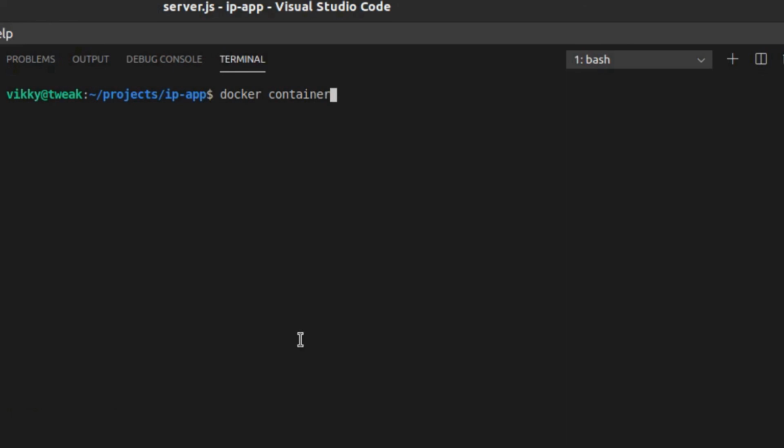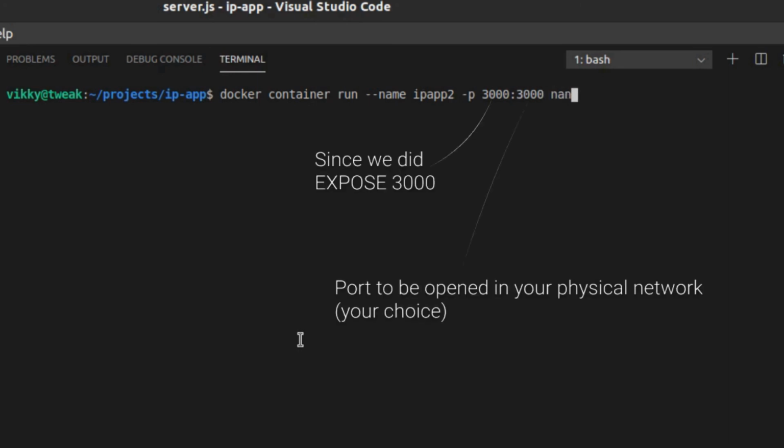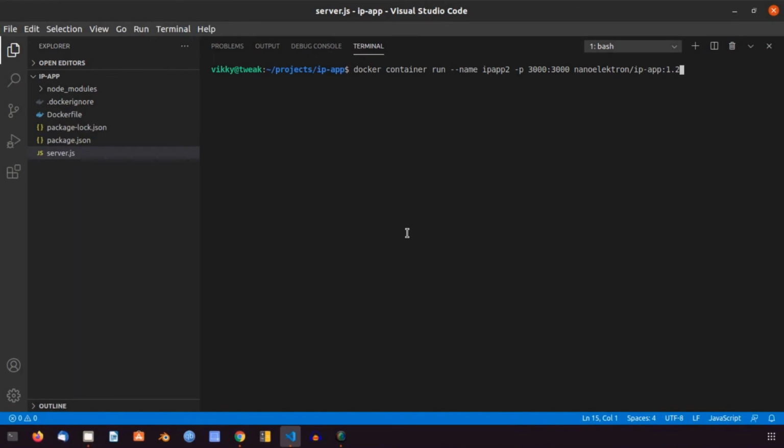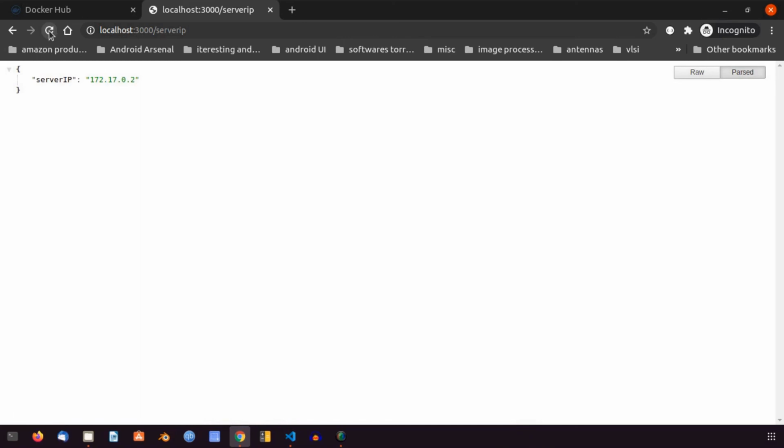Now let's create a container from the recent image having the tag name 1.2. Now let's refresh it.